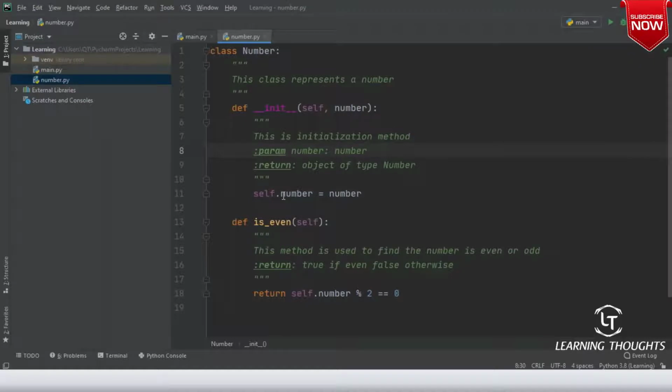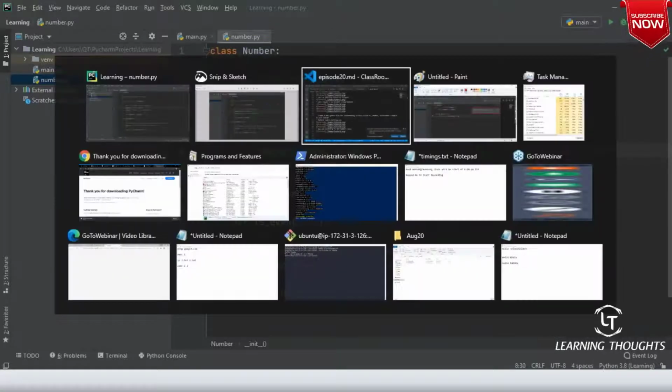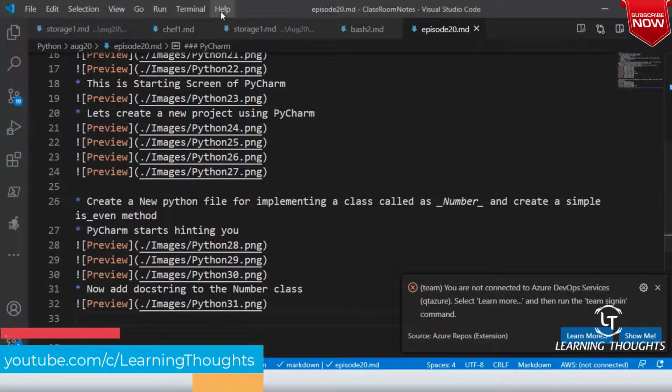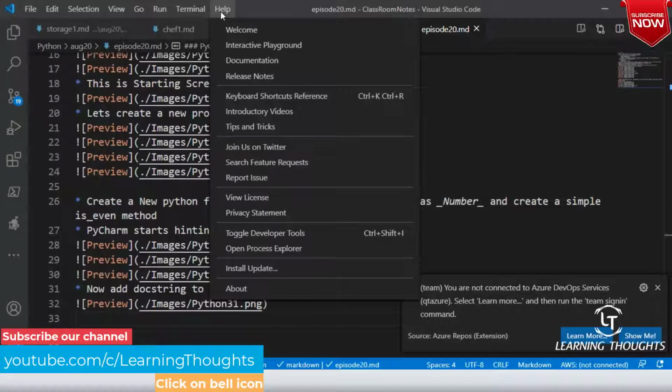Now this is looking fine, right? Whenever you want to know the shortcuts of PyCharm, the key maps of PyCharm, one thing you can do is go to help, and in help you would be seeing a lot of help with respect to this.